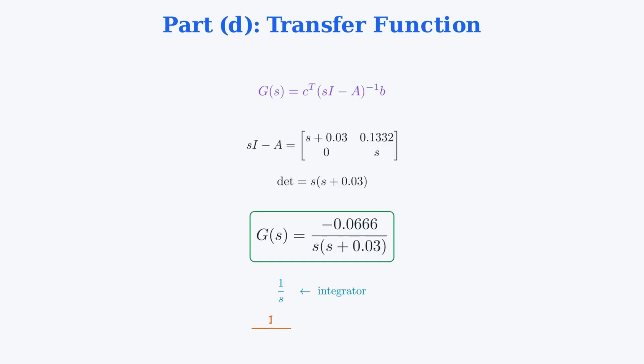The result is negative 0.1332 times 0.5 divided by s times s plus 0.03. That gives negative 0.0666 divided by s times the quantity s plus 0.03. This transfer function is the product of a first-order lag with time constant 1 over 0.03 and an integrator 1 over s. The negative sign means the system has an inverting characteristic. Increasing voltage decreases the water level, which makes physical sense since the motor opens the valve more, letting more water